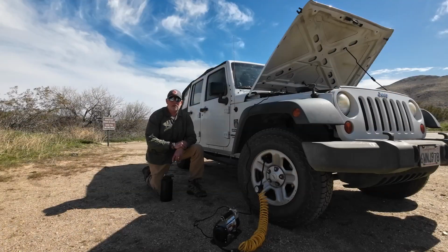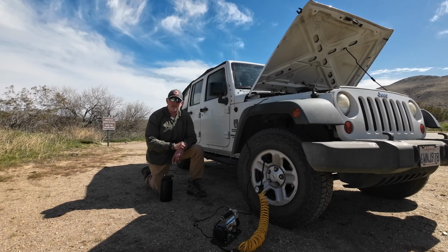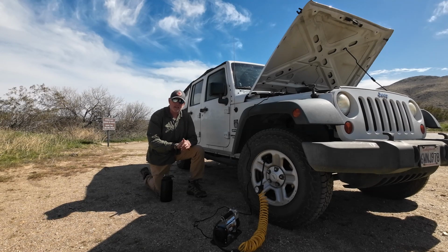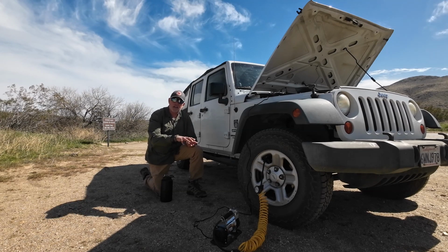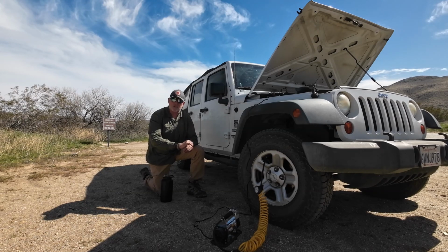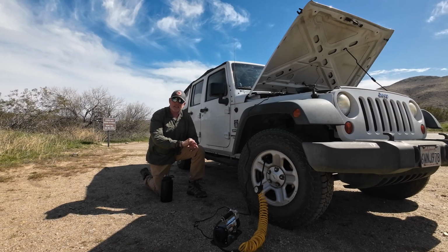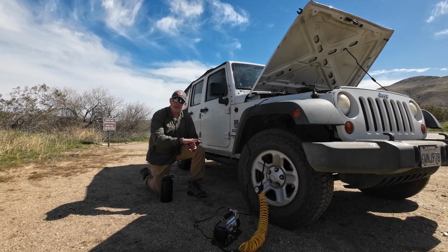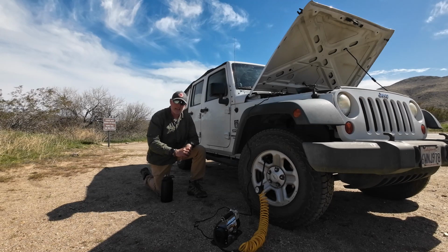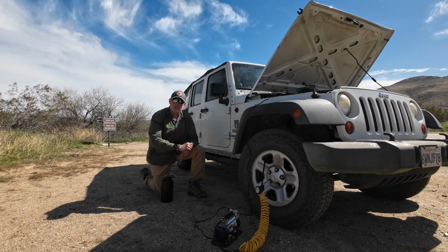Well, that's the one thing about going off-road. You got to air down your tires to go from the 35 PSI, which is what they recommend for highway driving, down to about 16 to 18, 20 PSI for going off-road. And there's 2 reasons for that. One, it gives your tire a wider footprint, so it has better grip in sand, soft dirt. The other reason is it's a lot softer ride, so it's easier on your kidneys. So I'm going to pump this up to about 35 PSI and do all 4 tires and then get back